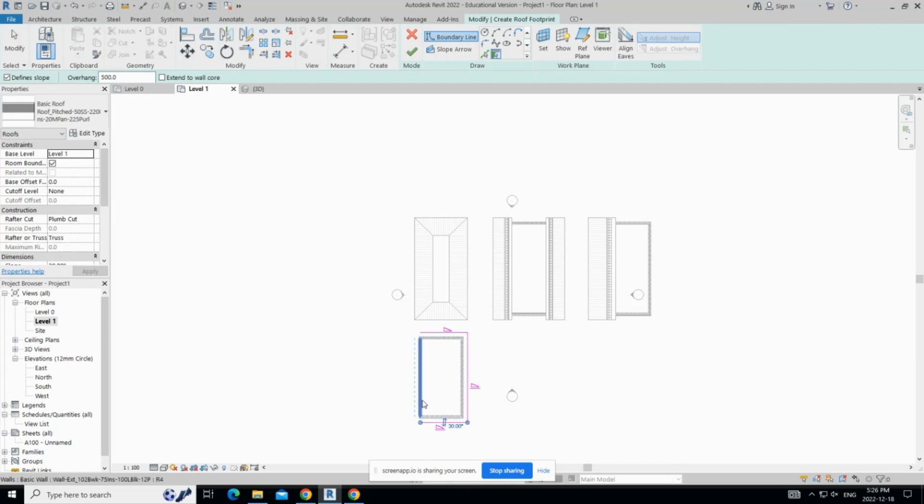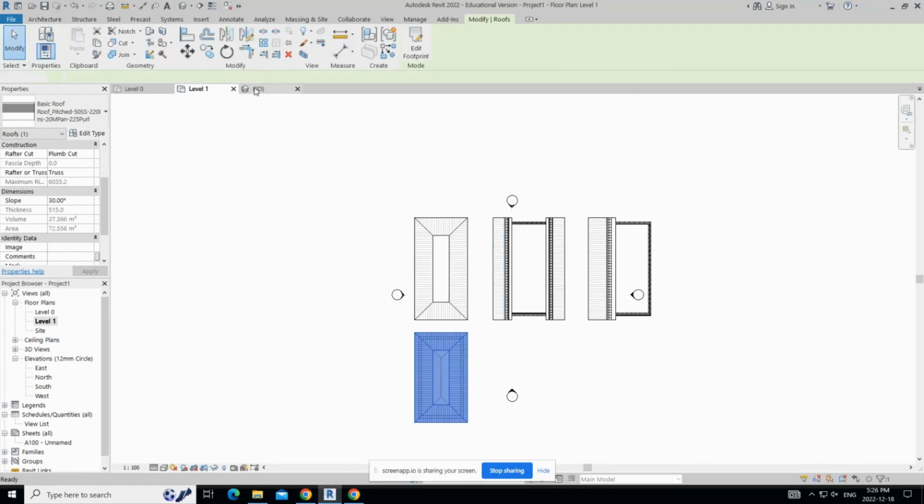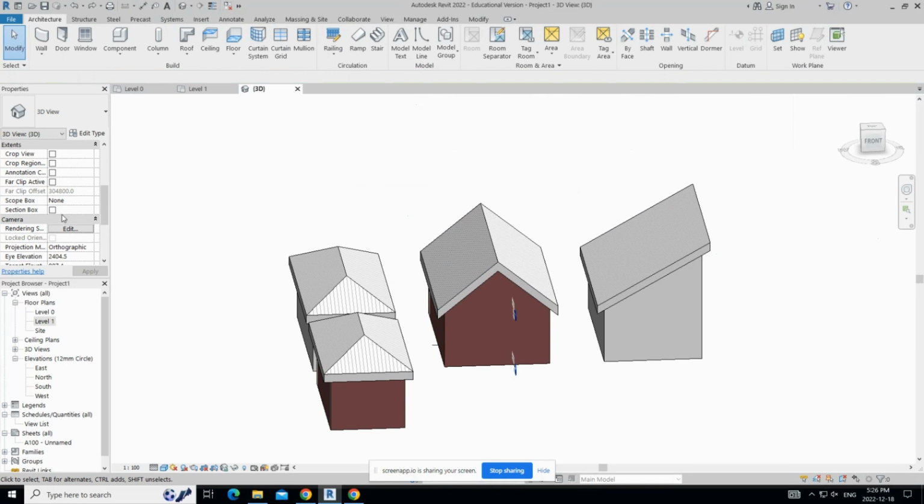So now that we have that all selected with 30 degrees everywhere with the defined slope, which you can also see down in this corner with the properties, we're going to just hit the check mark and we'll hit attach. And now in 3D, you can see we have our roof. And then what you can do here,